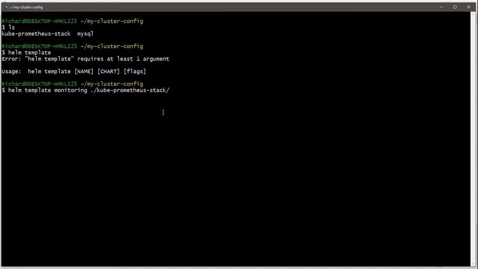And then any flags, which for us was any overrides that we're applying. So now we're using --values rather than --set. And that's going to be that myvalues.yaml file, which I'm going to have to drill down to, but that's in the kube-prometheus-stack folder, /myvalues.yaml. Now, the only difference between this command and the Helm install command is that this command generates the YAML that's needed for the cluster, but it doesn't apply it. It will just spit it onto the console.